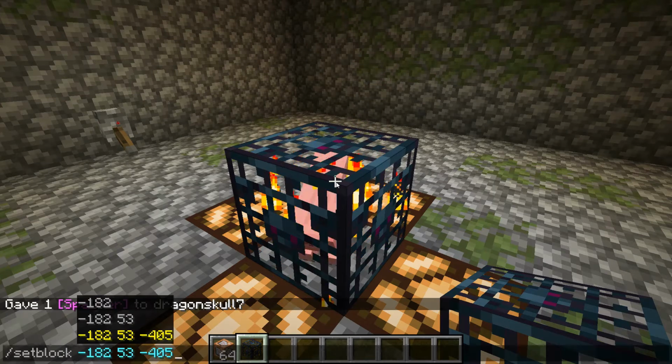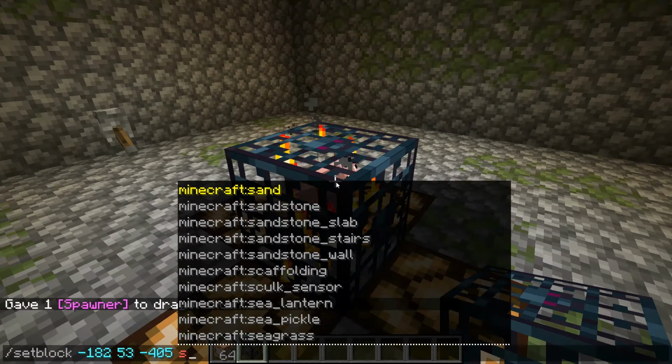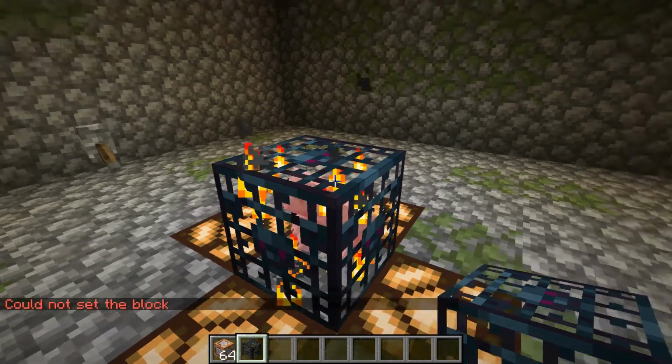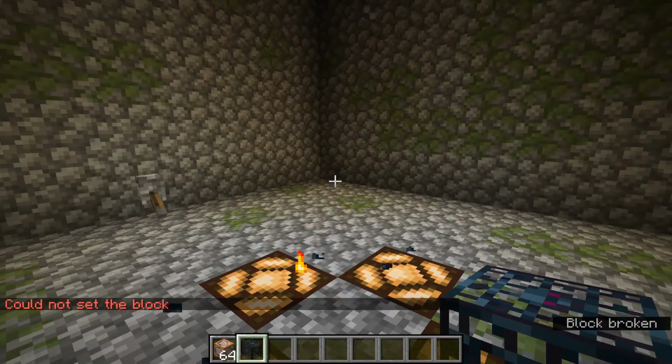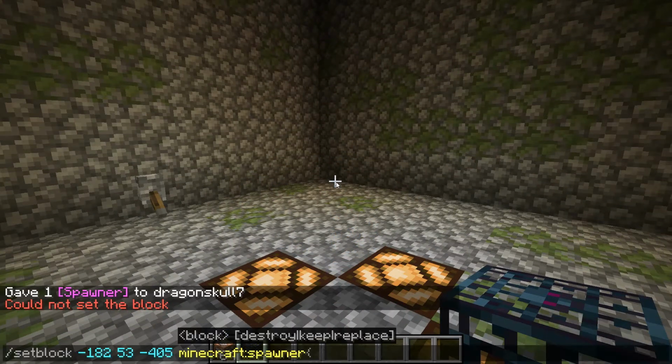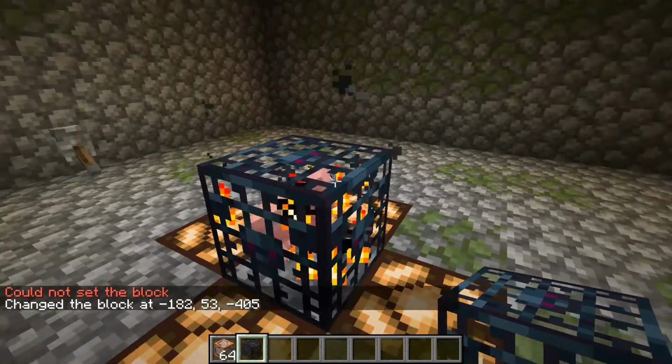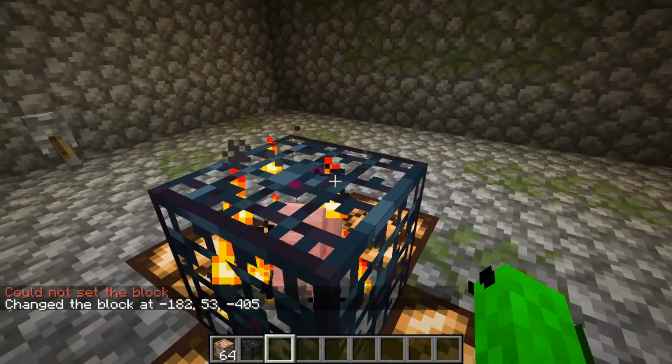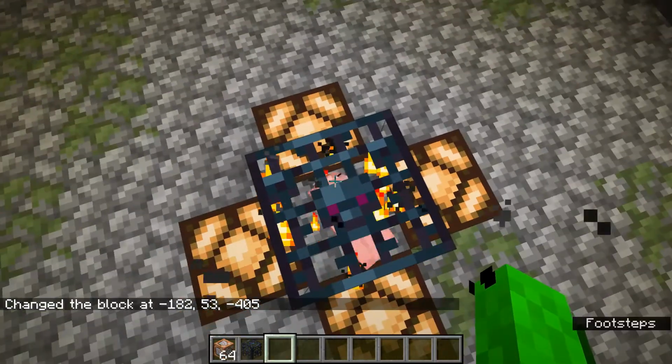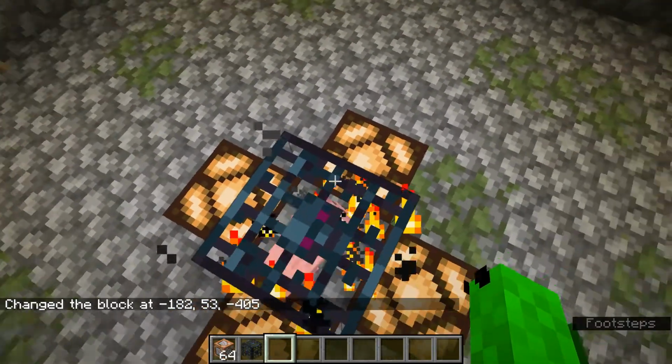clicking tab again so I can get the coordinates, and spawner, and it's going to give you an error message because it doesn't want to set a spawner when there's already a spawner there. So now you can do it again. It'll be a pig still, but now you can use this and modify the data or just set the block